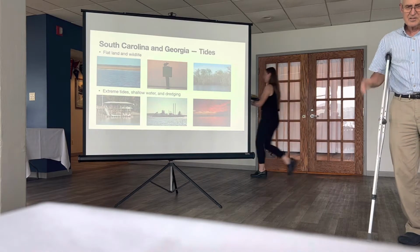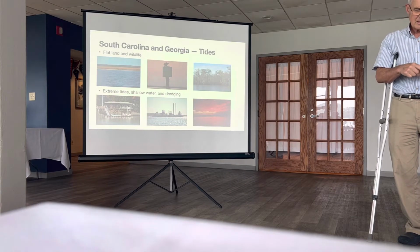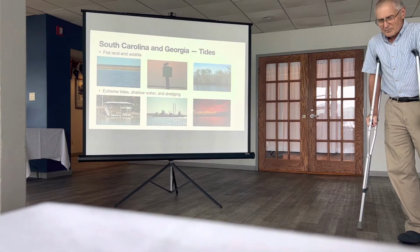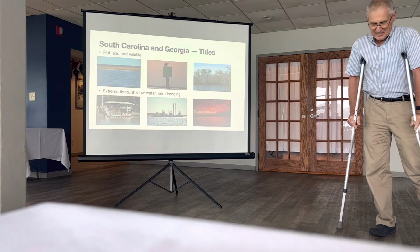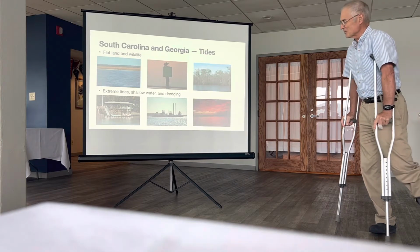And I looked at the chart and I said, well, there's a way around this. We can go down here and get to this inlet here and then come back and hit the Intercoastal Waterway again. We did that, and we hit an uncharted shoal at low tide and ran aground and had to sit there for a couple hours before the tide rose and